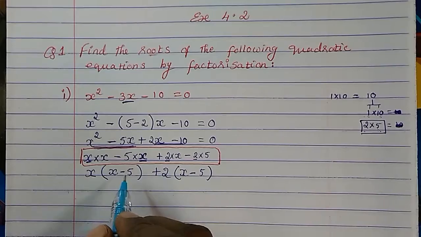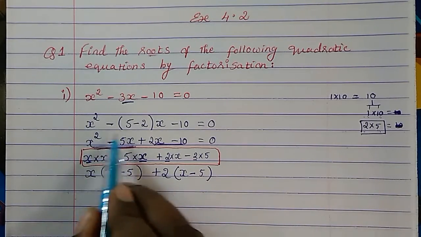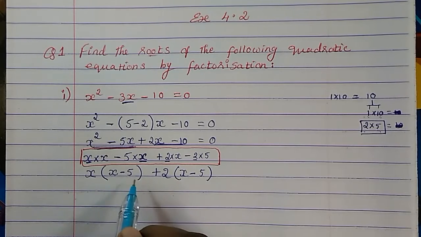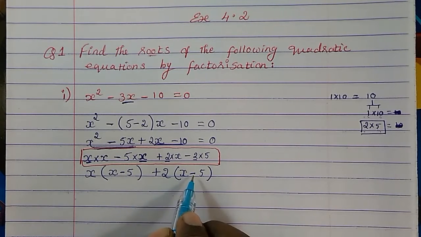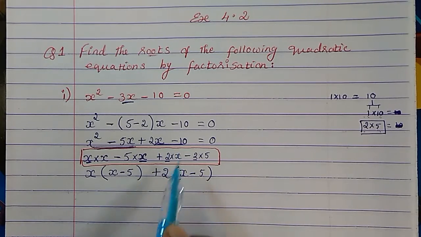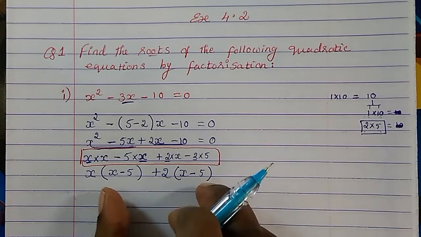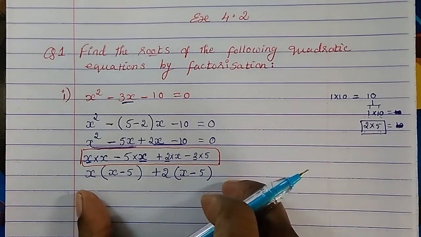The other way you can do is, when you get the first term, the second is very easy. First you will get this, then what is in the bracket, the same thing you write down here. Then you see with which number we multiply to get this step. This I will show you in the next sum when I do the other way. So like this you have to do it.